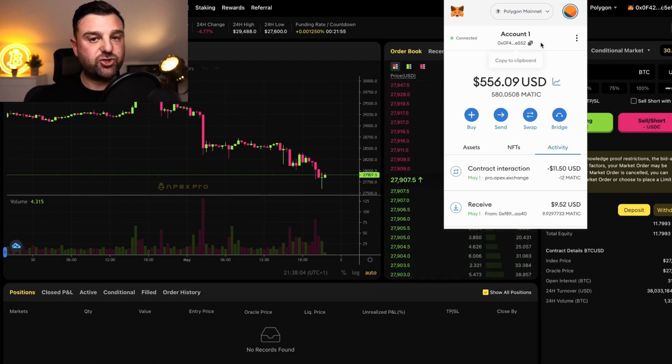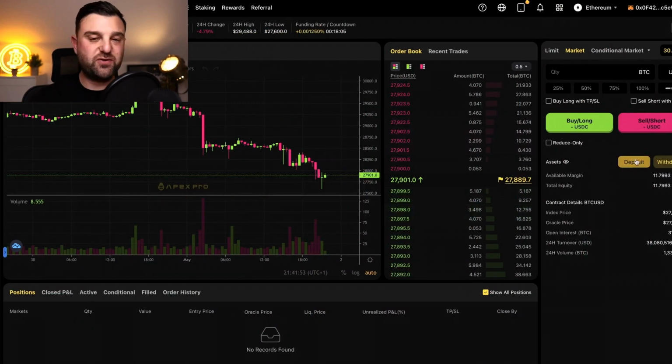any centralized crypto exchange or hard wallet, depending on wherever you have your crypto. You can buy crypto from many different places, as you know, and you can send it to your MetaMask wallet. Doesn't have to be in Polygon or Ethereum. It could be USDT, and then you could swap it through MetaMask and then obviously use it to trade on ApeXPro. So before you go on to start trading on ApeXPro, just to show you quickly how you put your